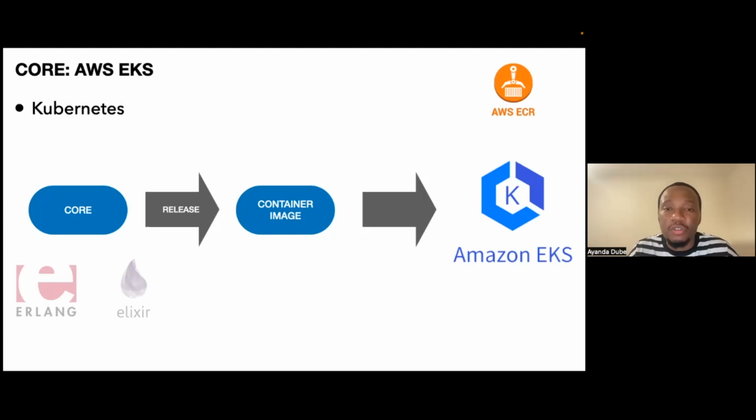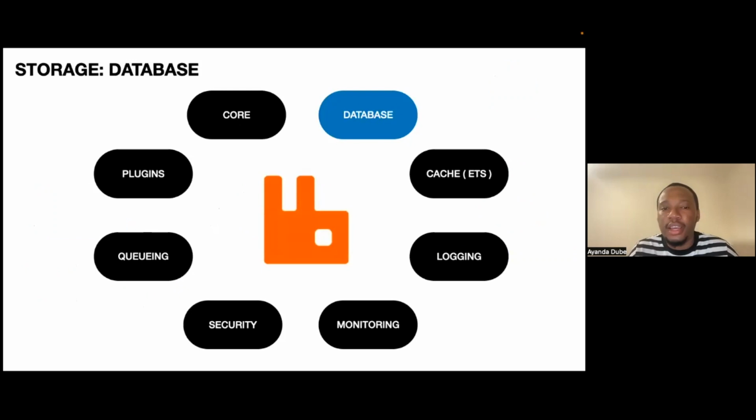And additionally, you've got an ECR service on AWS. That's the container registry, so you can use the Amazon container registry for managing some of your images as well. You don't have to go to Docker Hub for things like that; AWS already provides you with this. So that is just the core part, and basically deploying that on specific hardware. And then if we continue with our rebuilding of RabbitMQ or something like that,